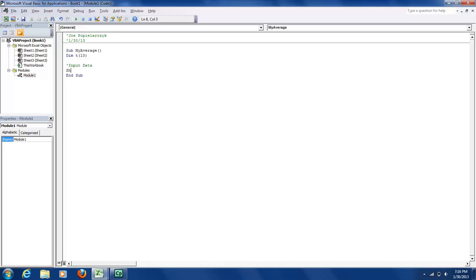We'll do Sheets to select the sheet. So it's going to be Sheet 1 dot select. Next, we want to select our range. We're going to start in cell A4 dot select. Then we're going to define NT equal to 10. And now we're going to start our for loop. So we'll do For I equals 1 to NT,